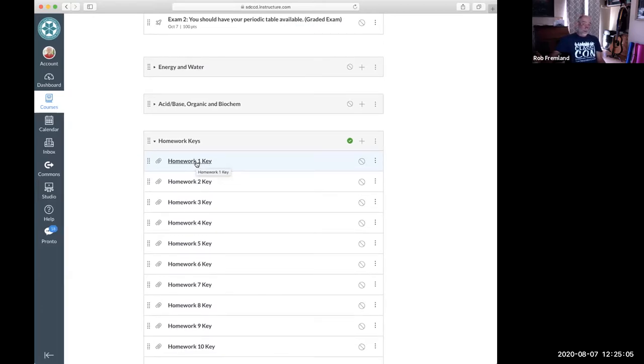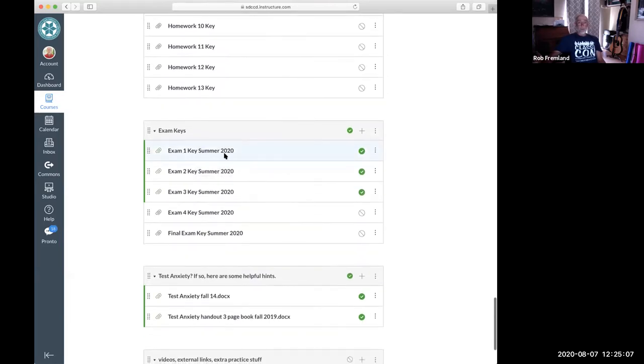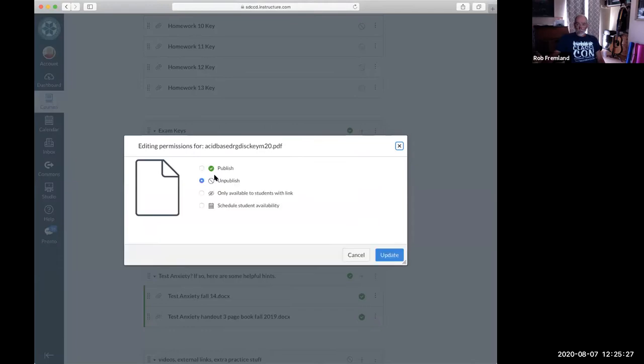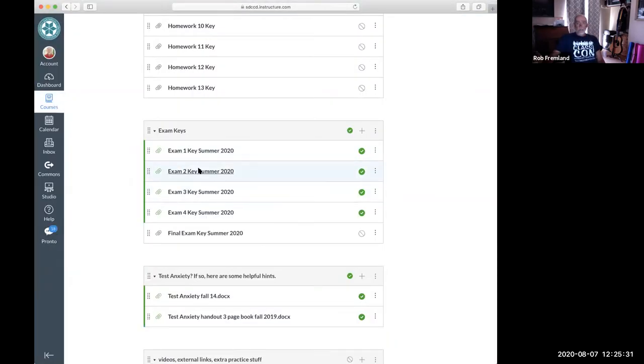All right, these are exam keys. This is the key to exam one that I gave this summer. I'm teaching this class this summer, so this is the answer key to exam one from the summer. That's something you can use to help you prepare for your exam one. And these are going to be available all the time. In fact, I'm going to make this available right now. Okay. All right, so these will be available all the time, and you can give yourself a kind of self-test.